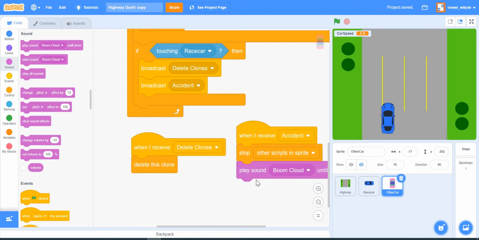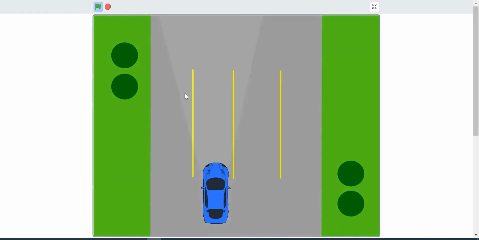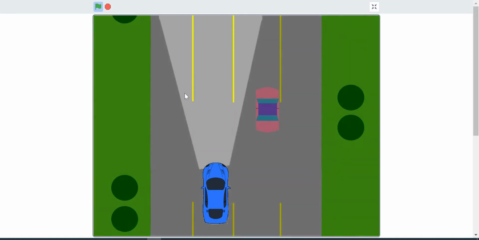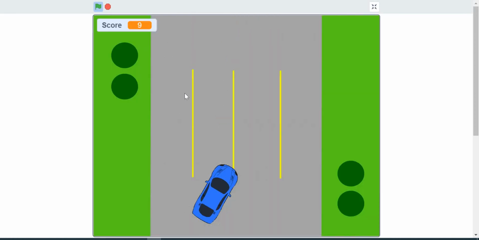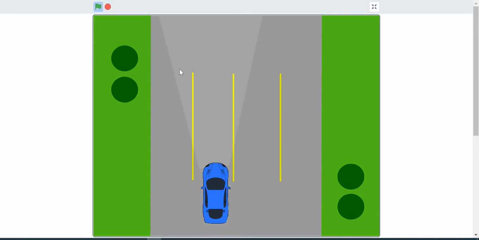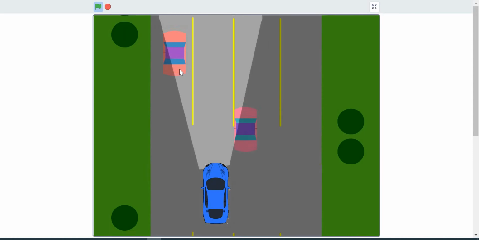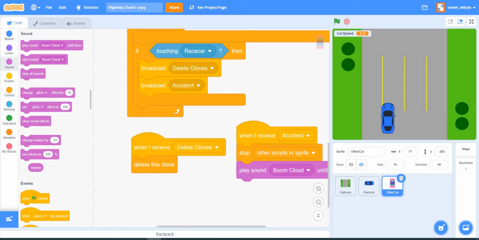Now with this, we are pretty much in good shape, except that we are going to build one feature which we have not yet done, and that is the headlight. Notice in the game that I'm showing here, there's a headlight feature and everything around it starts getting dark as the game proceeds. It just keeps getting darker and darker as though night is falling, and you're relying on your headlamp. I didn't play it carefully, but that's what we are going to draw.